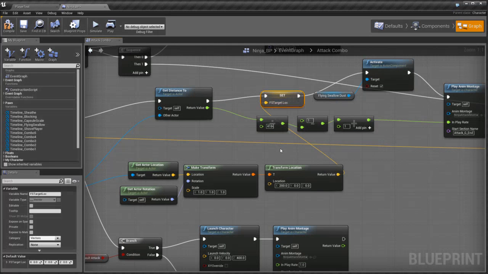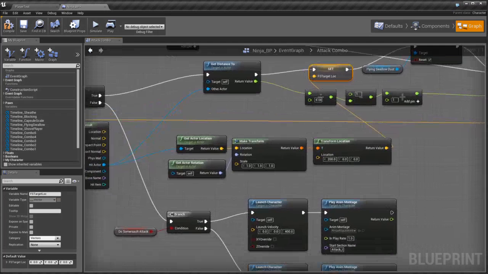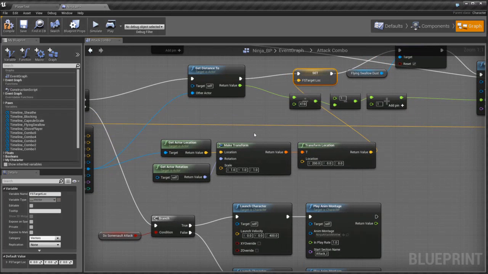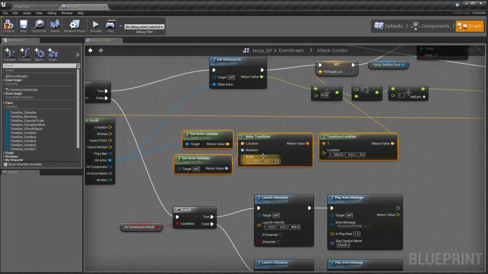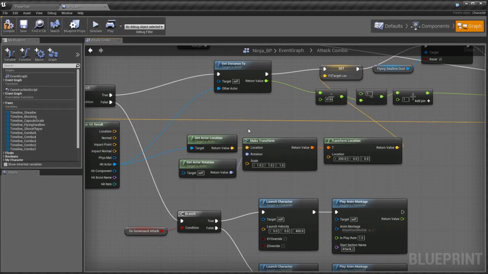For this location, it's my target for where the player goes when you do the attack. So you actually fly through the air to a specific point, and this is what calculates that point. So you're not actually flying directly at the enemy with the enemy as the end point. The end point is actually behind the enemy, because you want to be able to fly through the enemy and